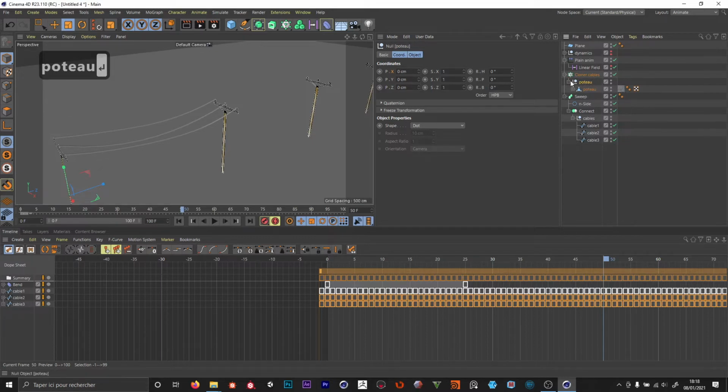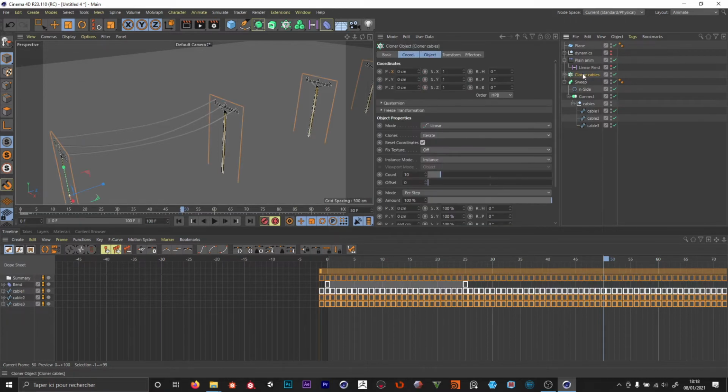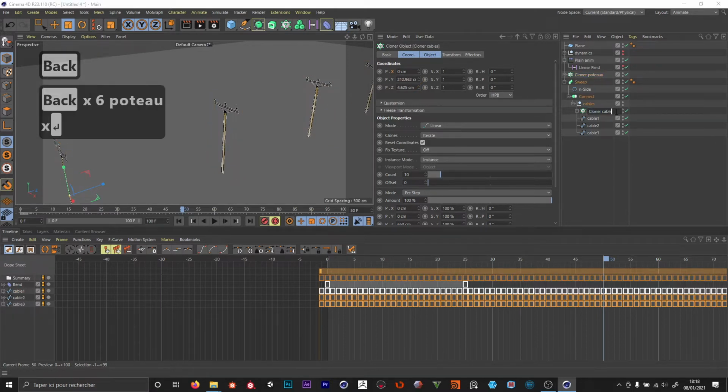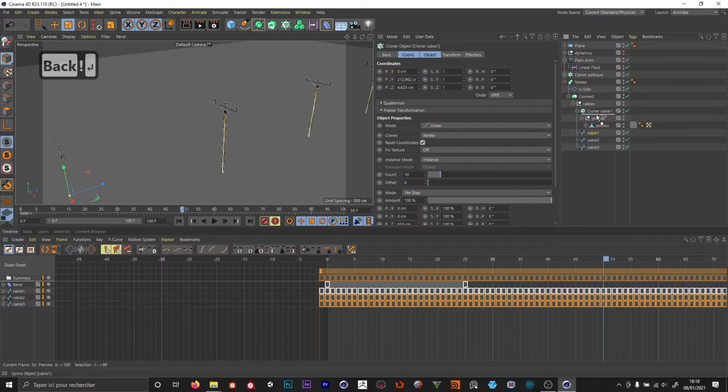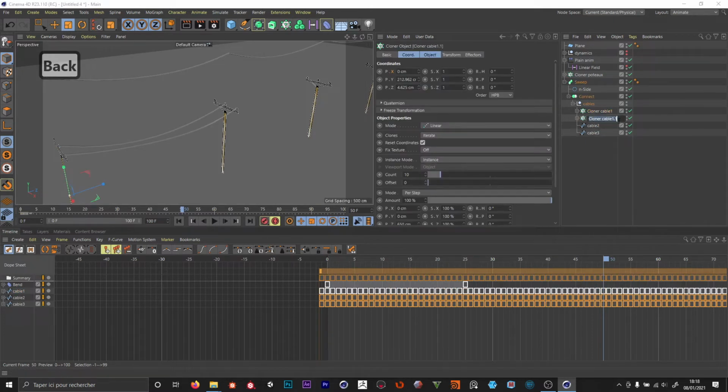Then what we need is we duplicate the first cloner, so it's already set up with the animation plane. I rename the cloner, so this will be our first cloner for the first cable. Then I duplicate that, and this is our second one,